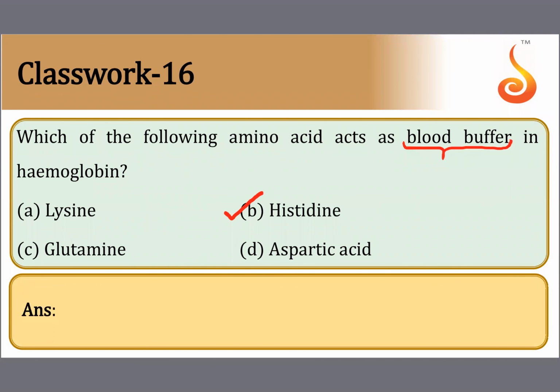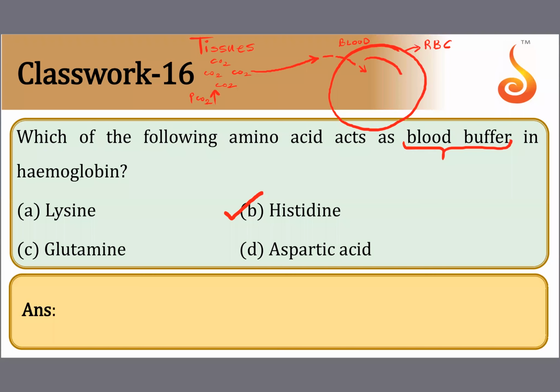See, what happens in your tissues, I will tell you a quick summary. In your tissues, you have a lot of carbon dioxide. Carbon dioxide levels are very high. Partial pressure of carbon dioxide is very high. And you know what happens? This carbon dioxide enters your blood plasma, and it goes all the way inside your RBC. See, this is your RBC. So carbon dioxide actually diffuses into your RBC.